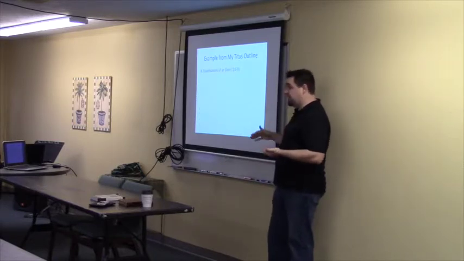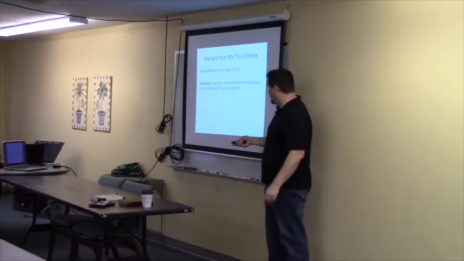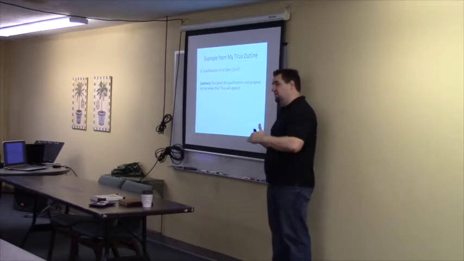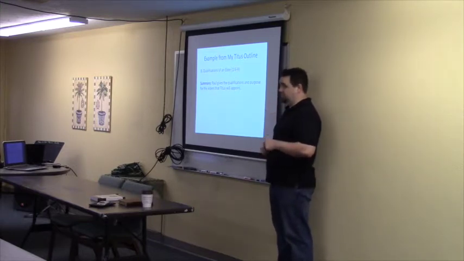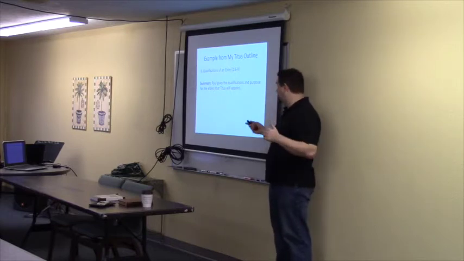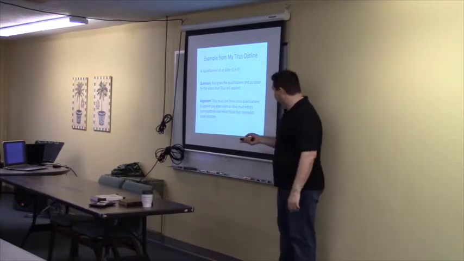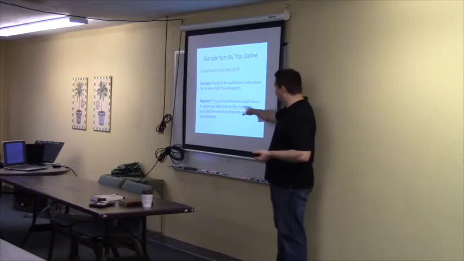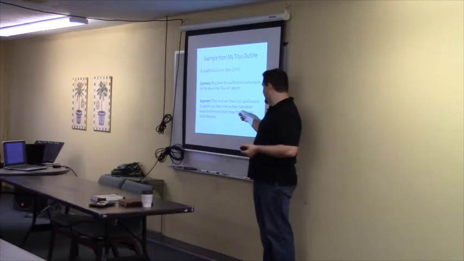So here's the next subsection. Again, I could put all of these together, and I do put it all together. I'll show you here in a second. The qualifications of an elder. This is where it lists out all what the elder should be like. And Paul gives the qualifications and purpose for the elders that Titus will appoint. He gives them the qualifications. At the end of this section, I believe it's in verse 9, he gives the purpose. So the argument is Titus must use these strict qualifications to appoint any elder, since they